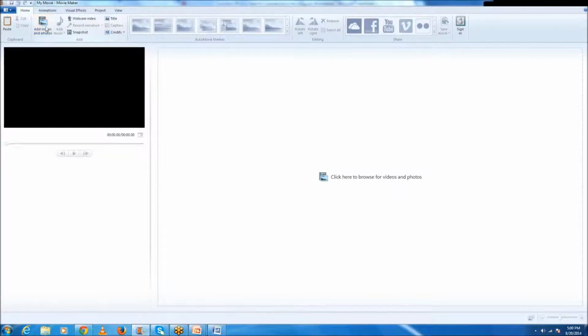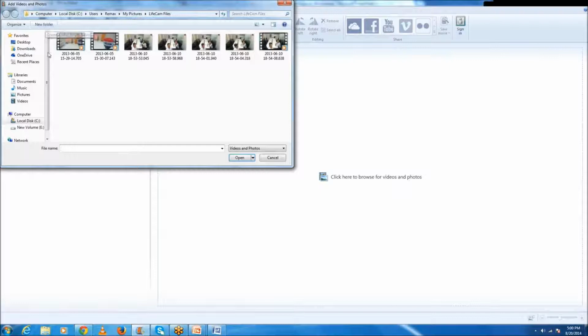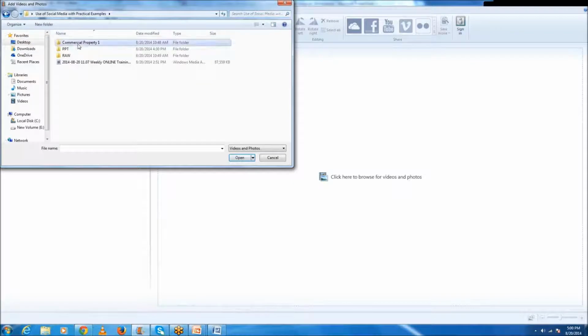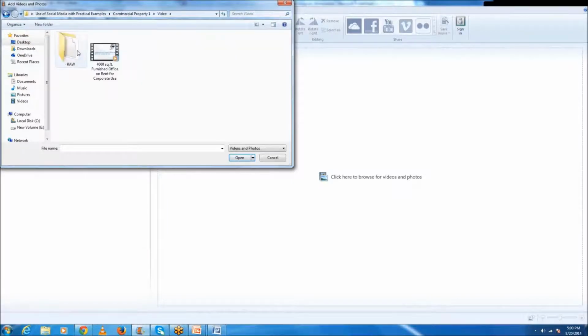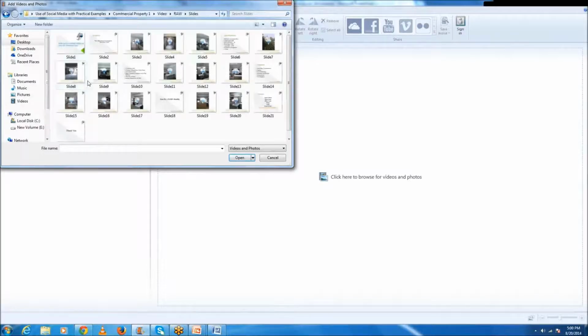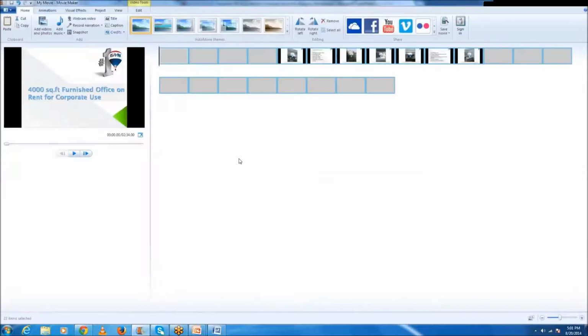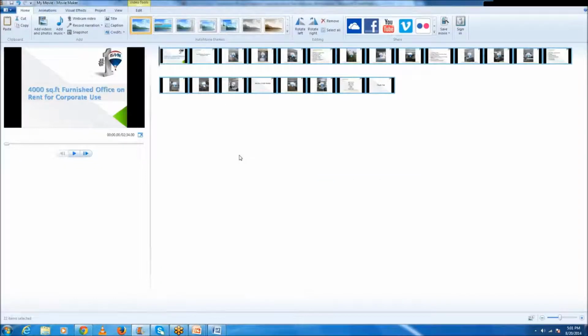You have to select that folder again. Press Control A to select all, and then click open. It will insert all the slides here, right?